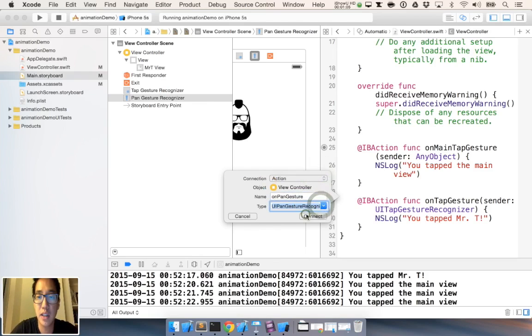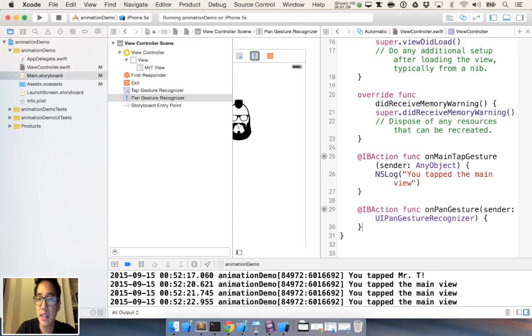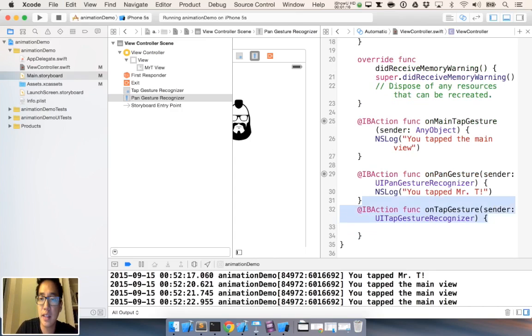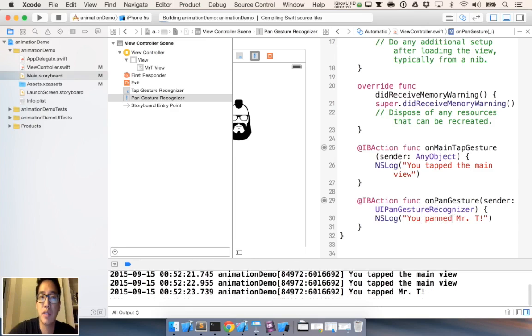Again, I'll change this to UIPanGestureRecognizer. So if I delete this, actually let me steal this log statement, then delete that method, and say you panned Mr. T. So if I run this,